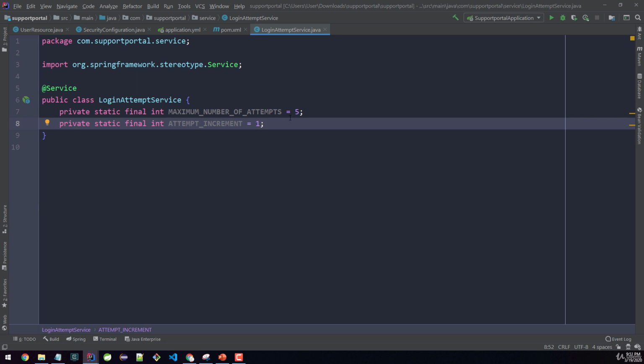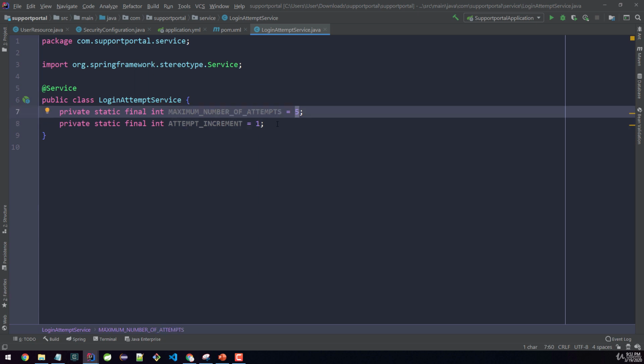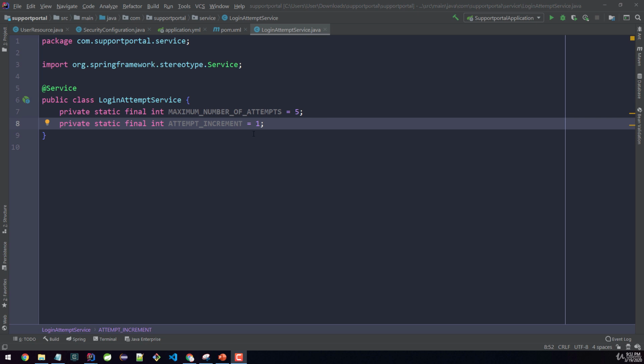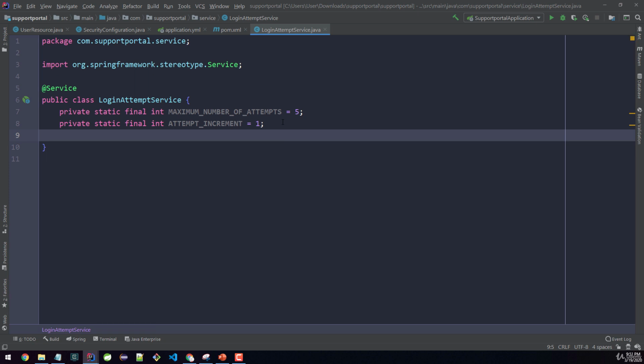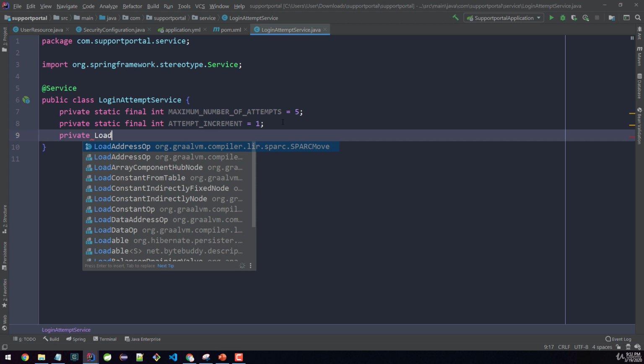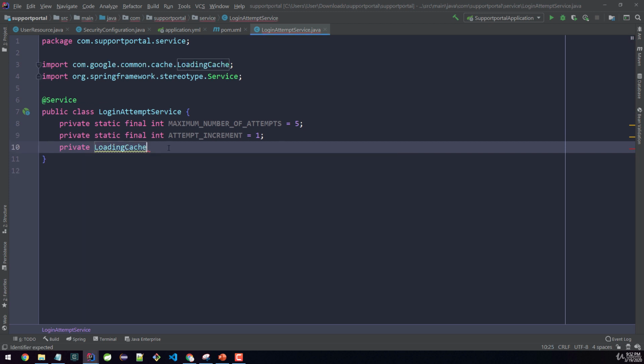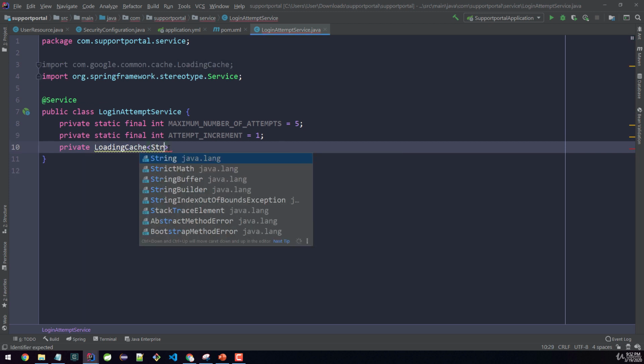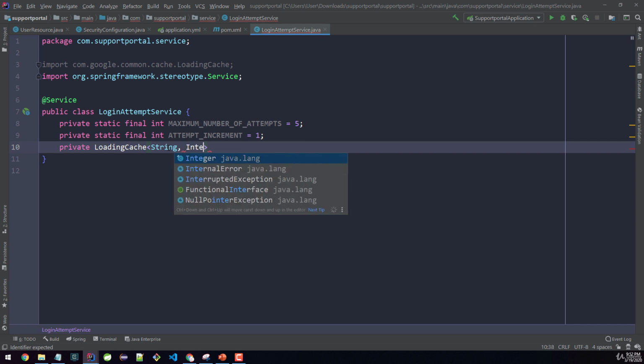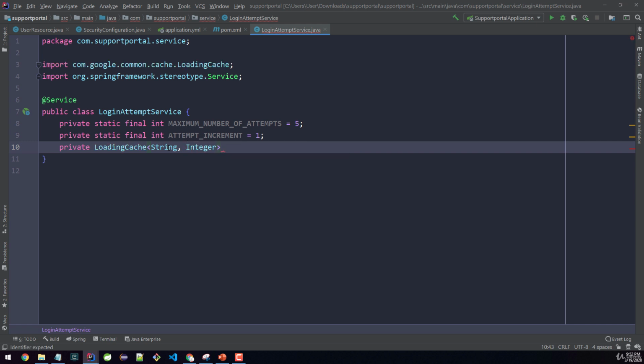So now I'm going to define the actual cache. Let's do private, and let's call the loading cache, which as you can see is coming from Google, the dependency that we just added. Then I'm going to pass in a string and an integer. Let's call this login attempt cache, because this is the actual cache. What I'm doing here is defining a key and a value